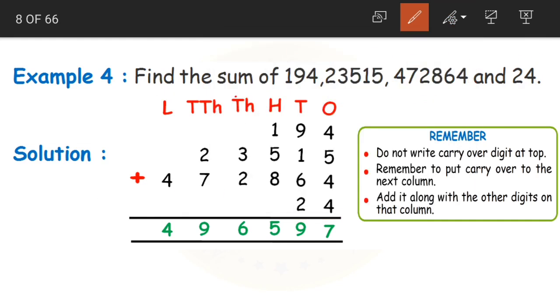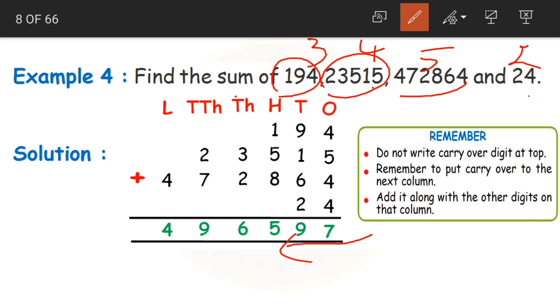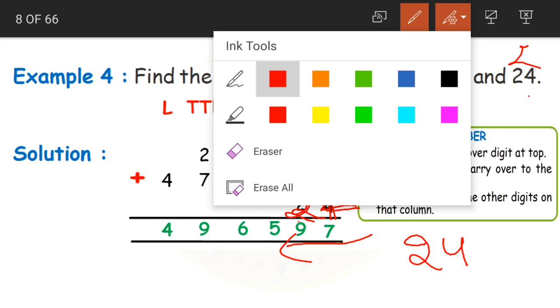Okay children, whenever such questions are given wherein the number of digits are different. See here in this we are having 3 digits and 4 digits, 5 digits and 2 digits. Yes. So it is better to start writing the numbers from the right side. Normally we'll write 24 like this, right? But for this question it is better if you write 4 first and then 2 next. 4 and then write 2. In the same way 194. 4, 9 and 1. So that you write the digits in their correct place values.